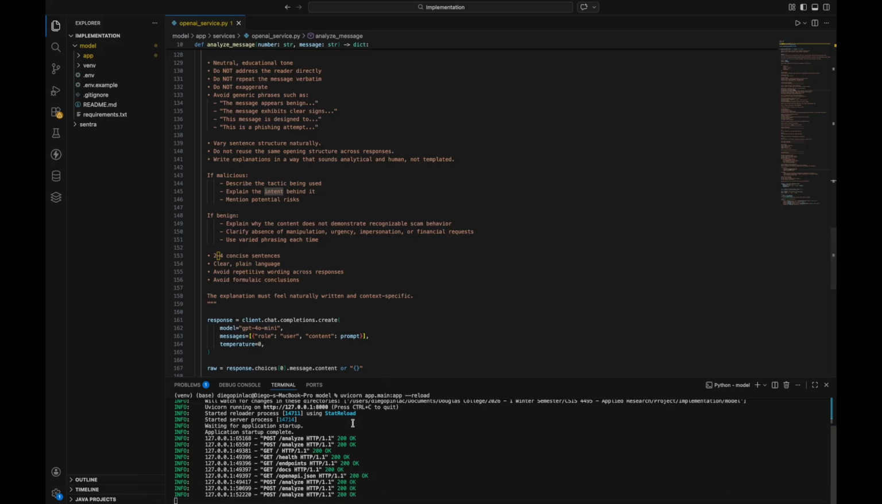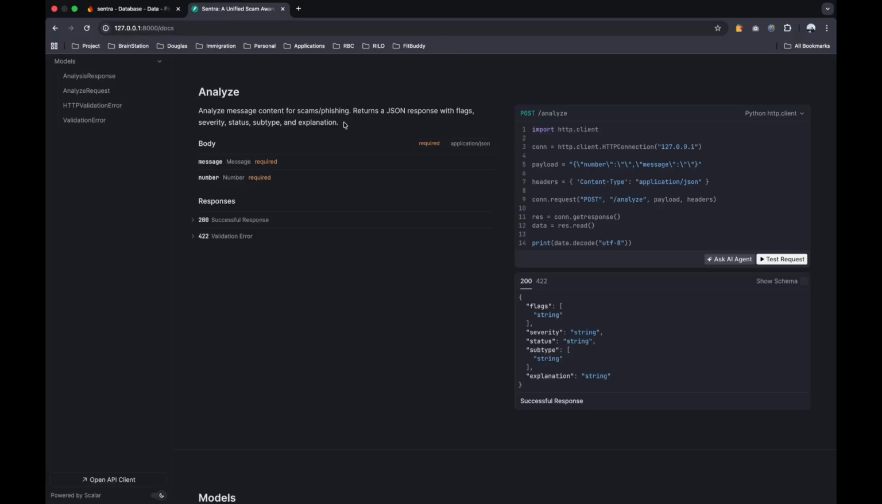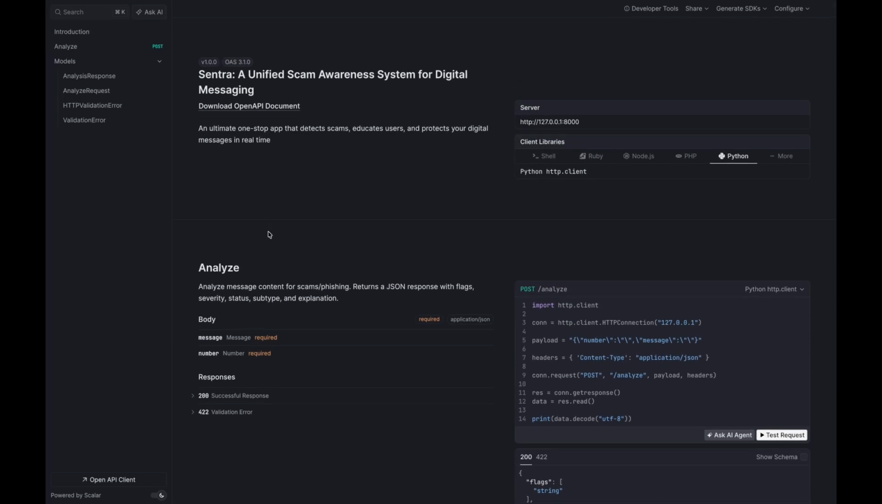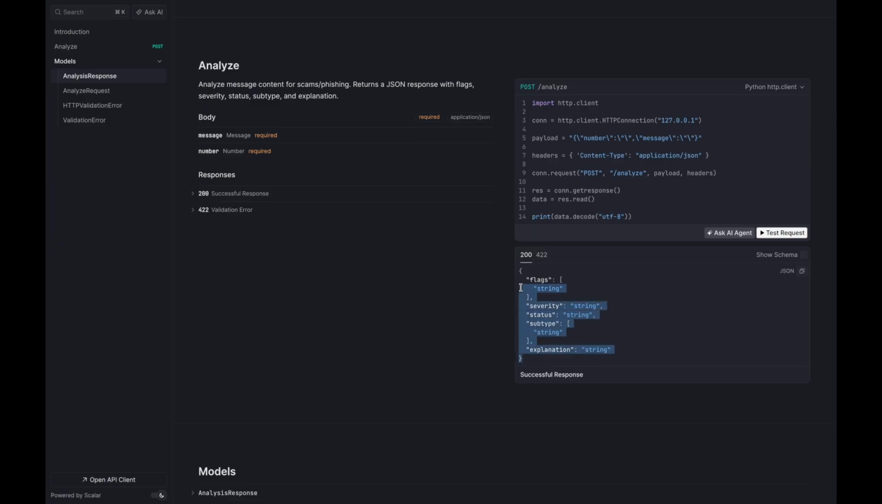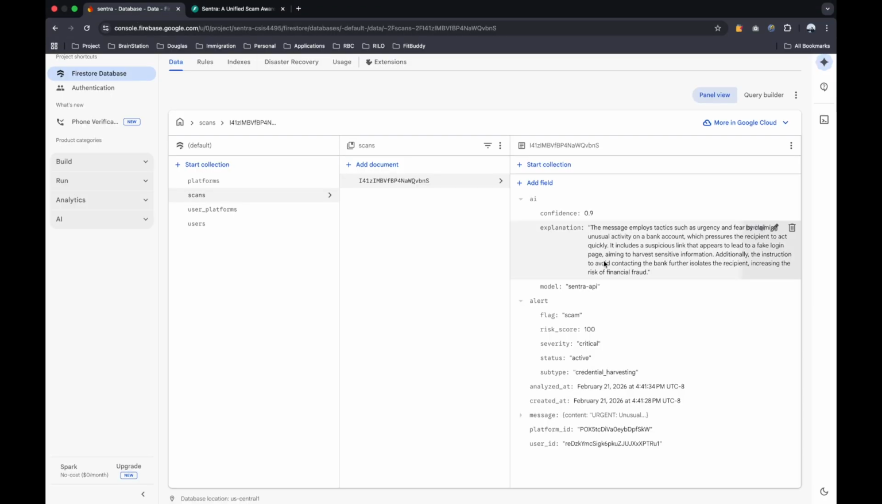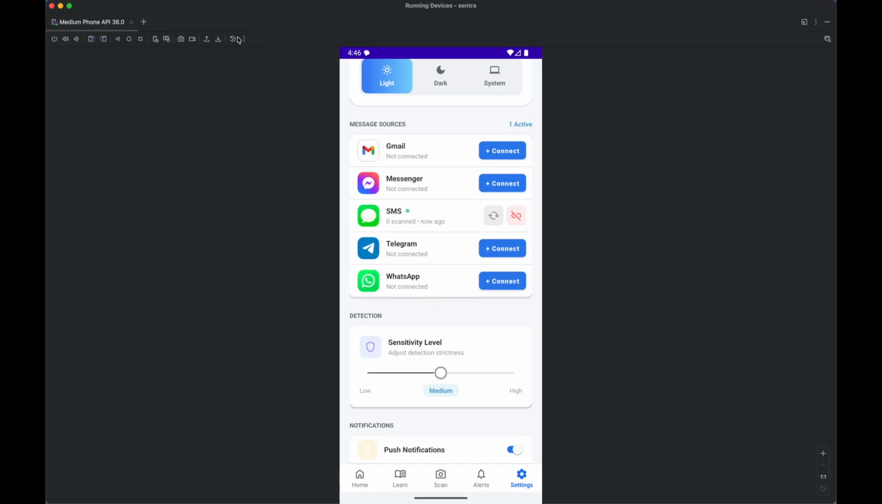Currently our model is running, and for you to see, this is our endpoint. This is our endpoint that checks whether a message is a scam or not, and it will return this JSON format. As you can see here, it says that the message that we received is obviously a scam with a 100 risk score. So to test,